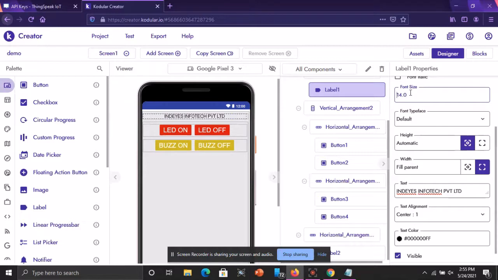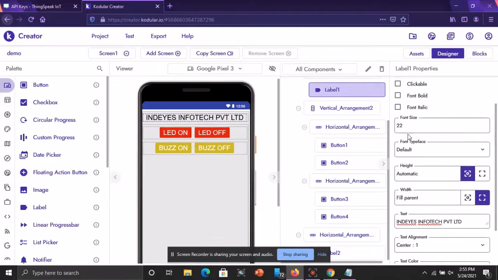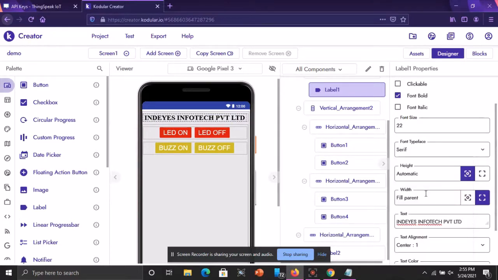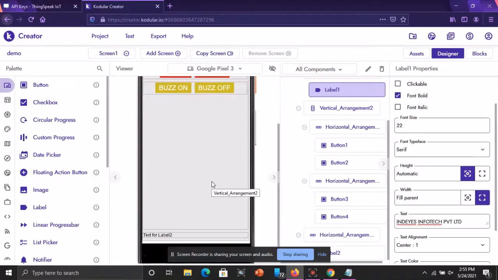I'm just setting the font size to 20, maybe. Yes, clear? Or I can set it to 22. Okay, and if you want, you can bold the font, or you can change the font also. Okay, so look, it is somewhat like this.